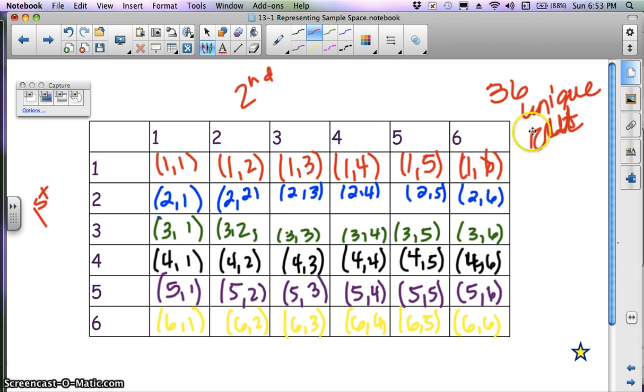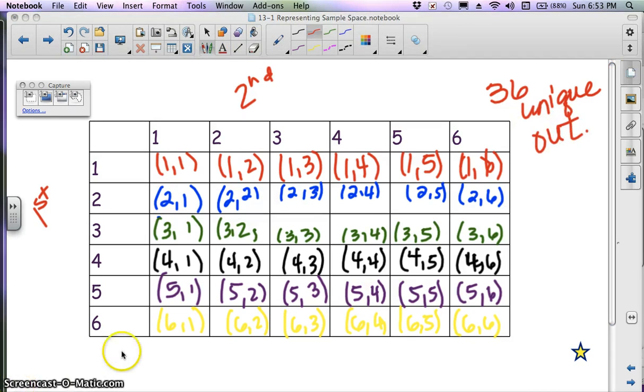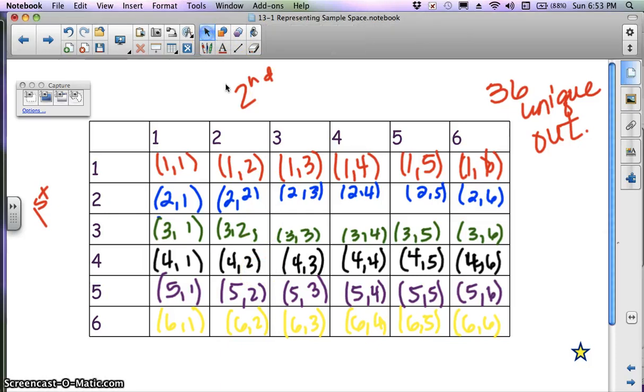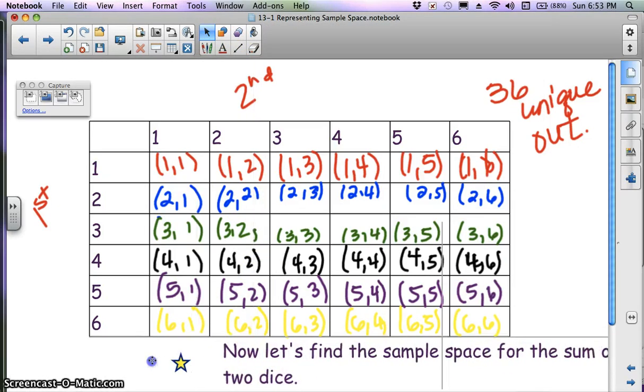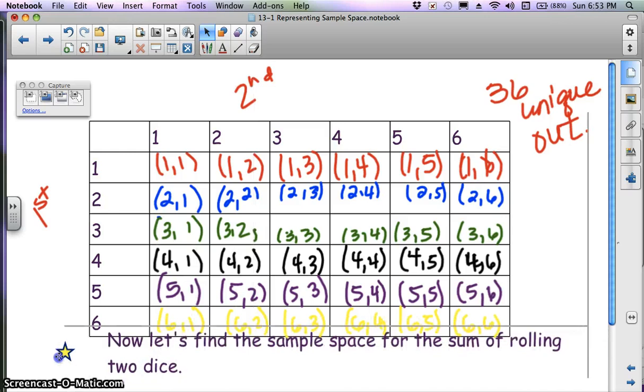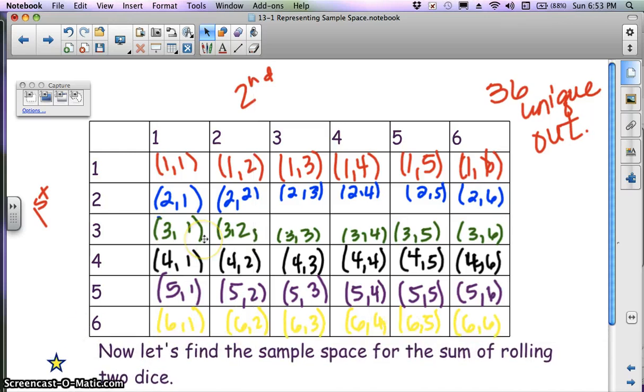All right, so I'm going to rewrite that. Hold on. Okay, so 36 unique outcomes, and they are all equally likely. Okay, they are all equally likely. Now, if we were to change our random process,